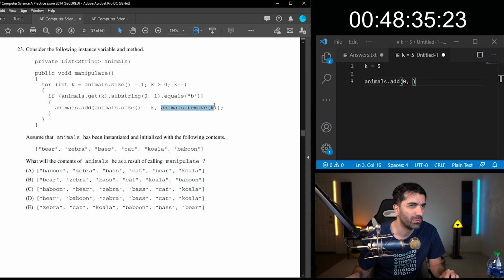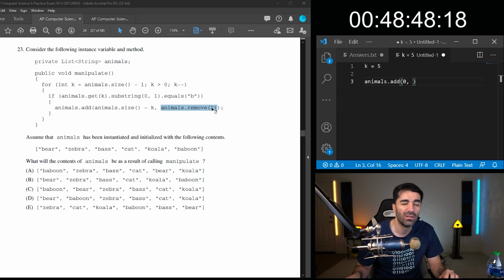And then I think it's just removing k. So would it be like this one where it's adding it to the beginning? So this, but I don't know what remove. It probably returns the value of what you're removing, I'm guessing. So it's at element 0, it's adding that. So baboon is now at the front.